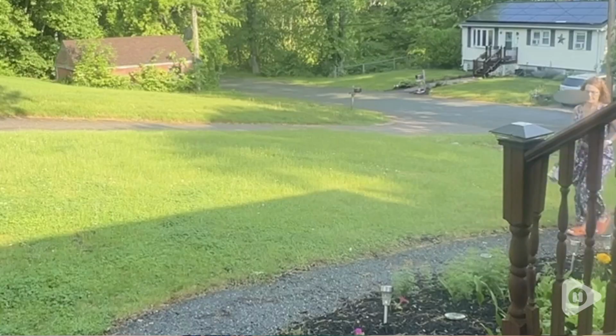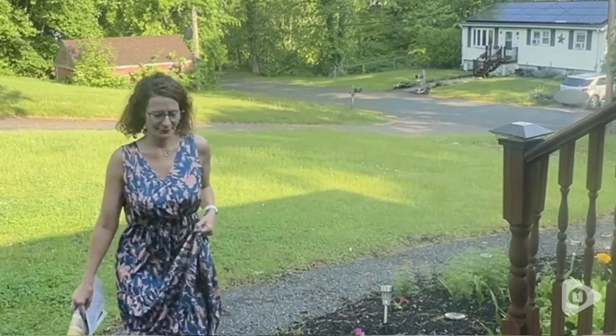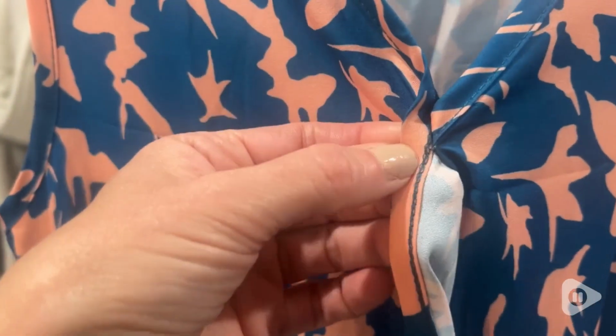The dress is well made. It has a trim all around the neckline and the sleeves. The waist is an elastic, so it's super comfy for those hot days. And on my 5'4" frame, it reaches towards the floor. So you do keep in mind that it is a true maxi dress, but as I mentioned, it is so